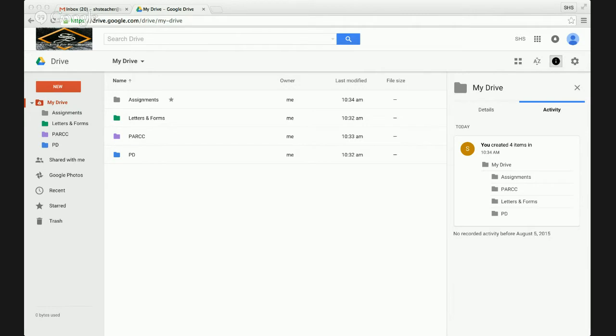What we're going to do is go over some of the basics of Google Drive just to get you comfortable and familiar with the setup of Google Drive, different ways that you can make documents and share them out, set permissions, and how to really organize yourself and your students just to make things easier for everyone